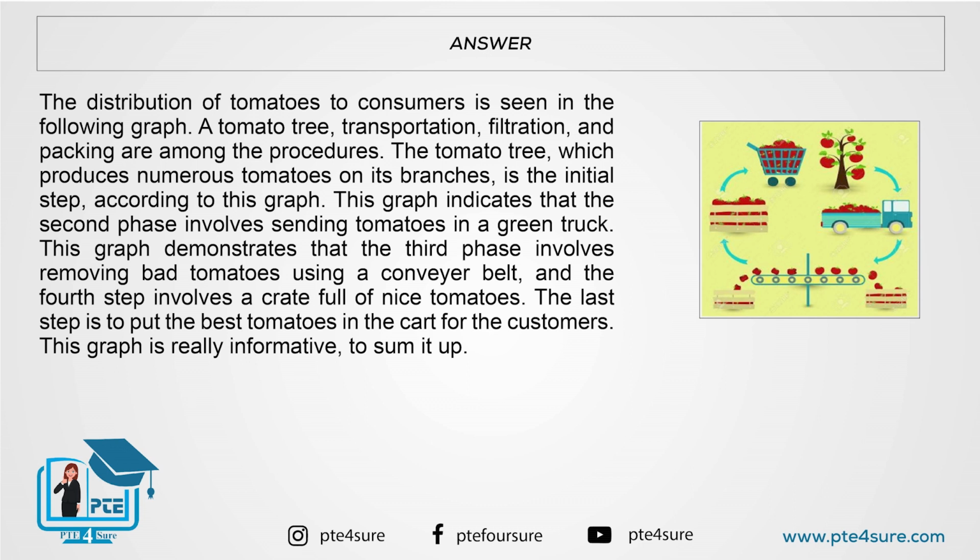This graph demonstrates that the third phase involves removing bad tomatoes using a conveyor belt, and the fourth step involves a crate full of nice tomatoes. The last step is to put the best tomatoes in the cart for the customers. This graph is really informative. To sum it up,